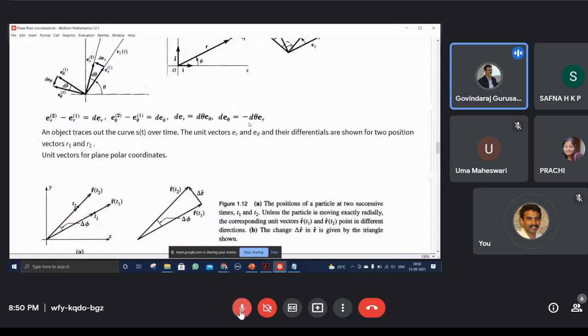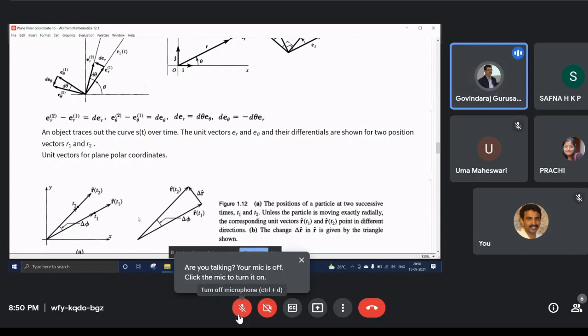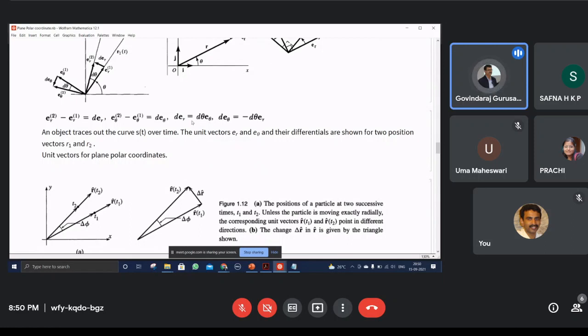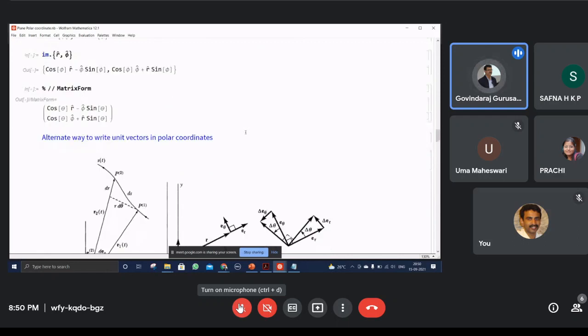Right? Okay. And if it is similar to this, is it not? You take a position vector and take a time derivative of that, you will get both the results which we have. Now divide by dt on both sides. You get it or not? That's what we require. You know the de_r, the change in the unit vectors along the r direction, and the change in the unit vectors along the theta direction. Divide both of them by dt, and you will get the resolution we have found, which implies that these are